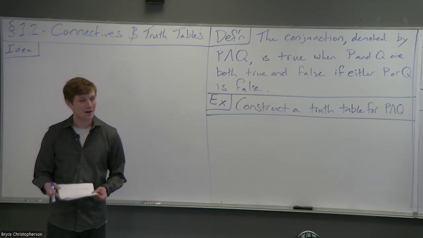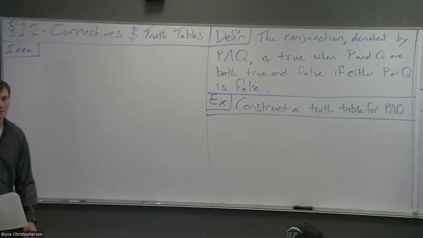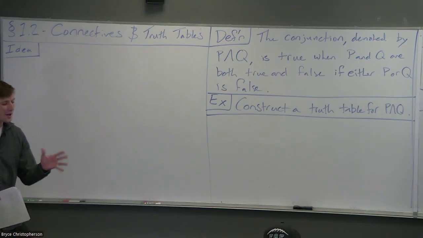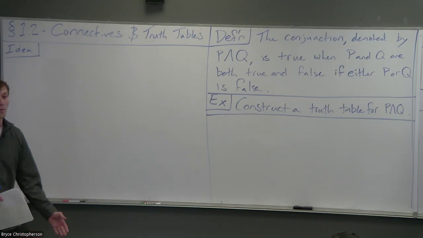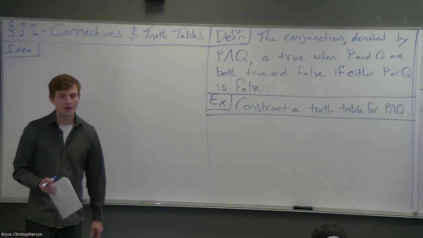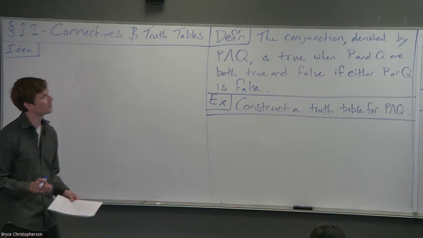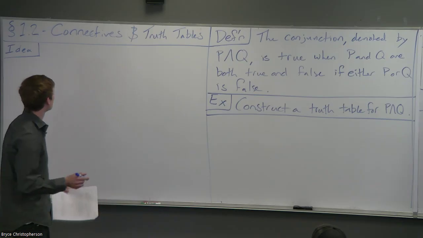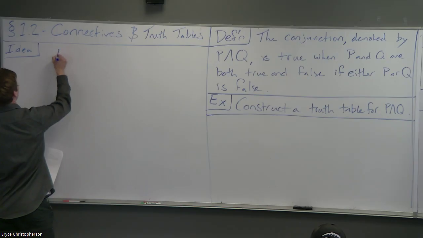So today we're going to talk about the first natural thing you would do after defining an object. We've talked about propositions, at least loosely defined what we mean by a proposition, a statement that is unambiguously true or false, though a statement about what? We still need to work out a few more details to make sure we're talking about it in a really formal way. But the next thing you usually do after you build an object is this; there are two competing ways of looking at it. So here is the idea.